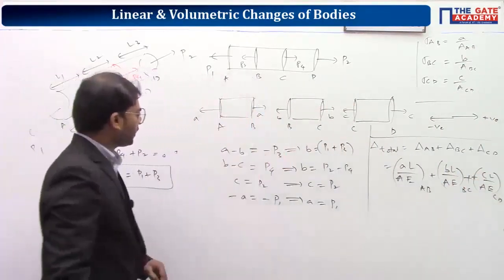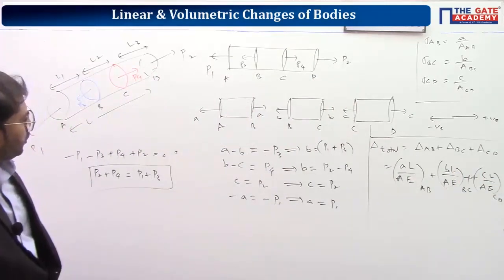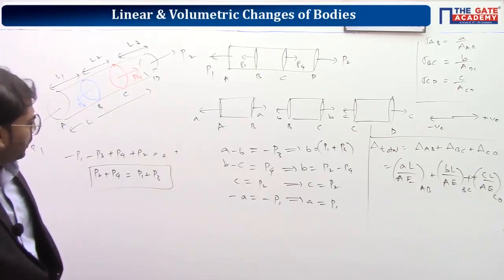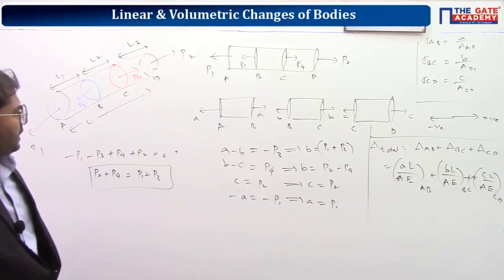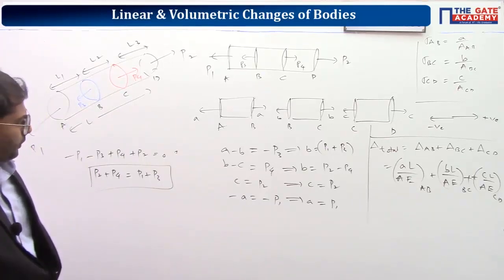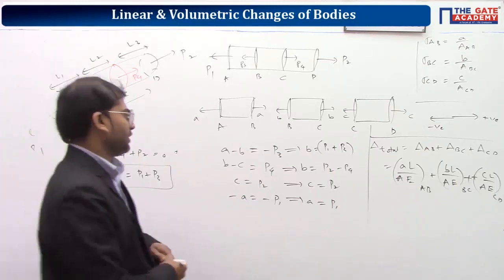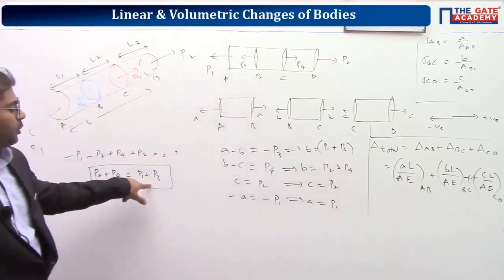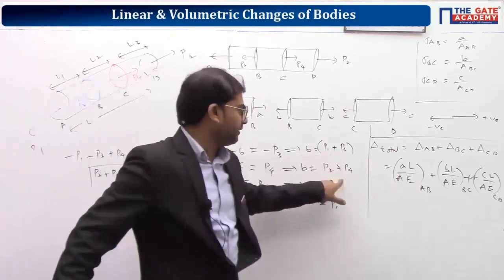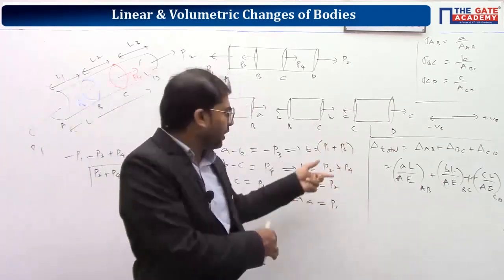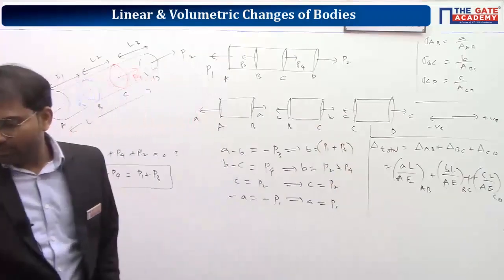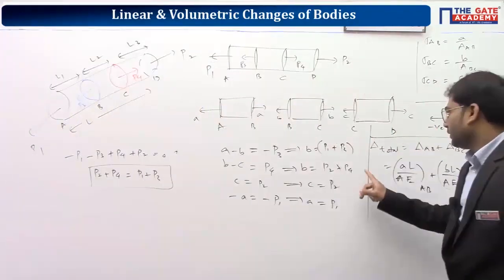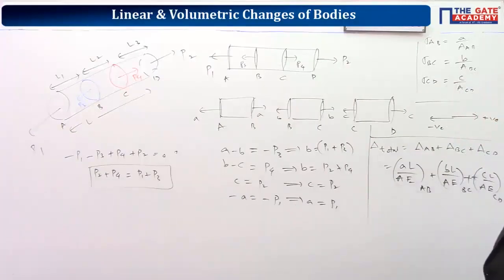I did some mistake. Okay, let me check here. A minus B is equal to P3 minus P3. B minus C is equal to P4. So B is equal to C plus P4, P2 plus P4. Yeah. Sorry. Thank you. P2 plus P4 should come out to be P1 plus P3. So P1 plus P3, P2 plus P4, both are same. So I did some mistake, so I got different. Understood? So you can take the next question. I hope the mistake is corrected now.